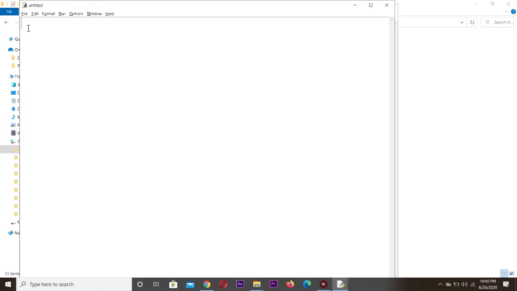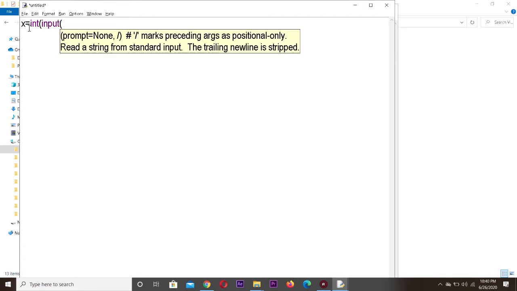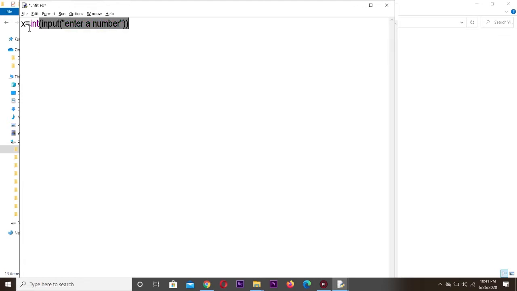So first we want to get the value of two numbers, so for that we have to use two variables. To get the value during runtime, definitely we have to make use of the input statement. So x = int(input("Enter a number")). Close the quotes, close both parentheses. Why are we using int? Because the input function by default accepts everything as a string. So in order to convert to integer, we have to make use of the int function.